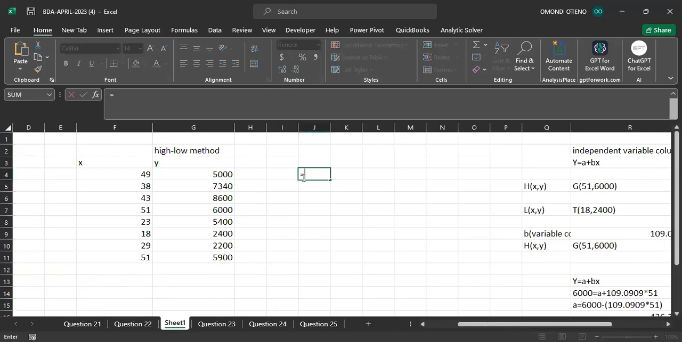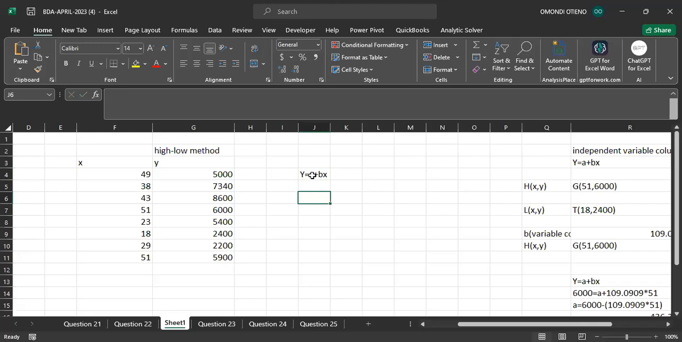So come here, our cost function is equal to Y. Let me remind you of the cost function: Y equal to A plus BX. Whatever we are lacking for us to come up with the cost function is basically the value of A and the value of B. The value of A is the intercept. The value of B is the slope. So let's type the word